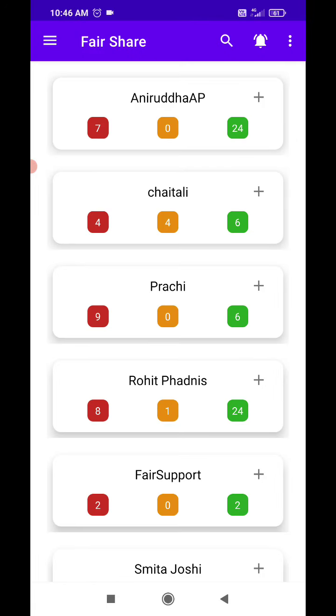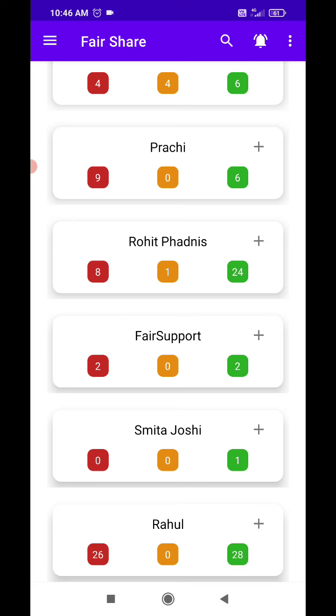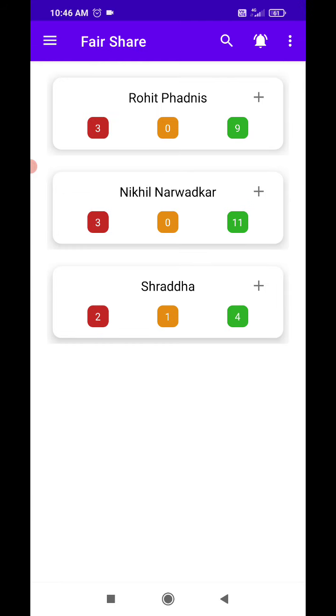I am the CEO, and you'll see that there are many people who are directly reporting to me as managers. Now if I click on Rohit Fadnis, you will see that there are multiple people working under him, but they are actually also managers. So now I'm going to give you a demo of the system where it goes to multiple levels, actually not just three, but a fourth level.